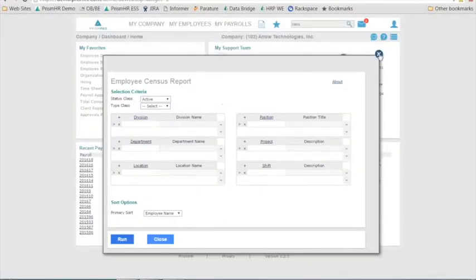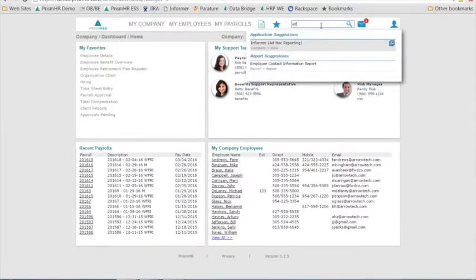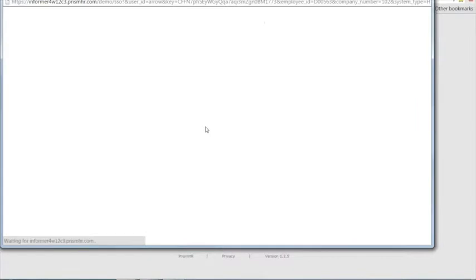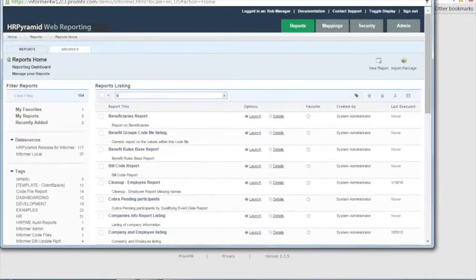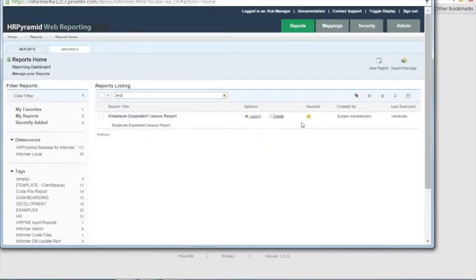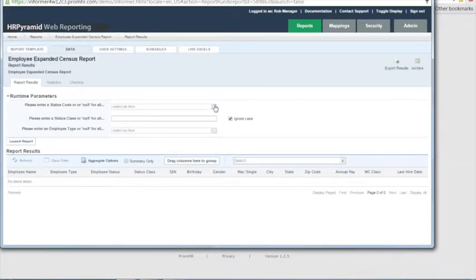If you offer and have licensed Informer to your clients, I recommend logging over into Informer and finding a pet report that you have. One that you almost likely have is a report that we deliver to you called the Expanded Census. Sometimes you can log into this before you start because there's a little bit of a delay getting into it, but show them, hey, this is the Expanded Census. We're going to give you lots of reports, and even if it's a report that you're not going to develop yourself, we can let you run your own reports. So we can be